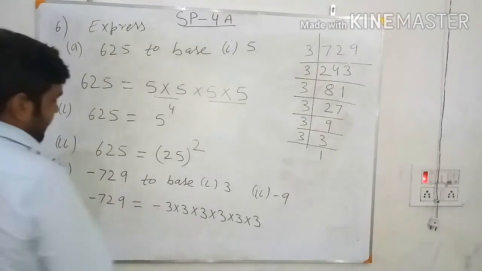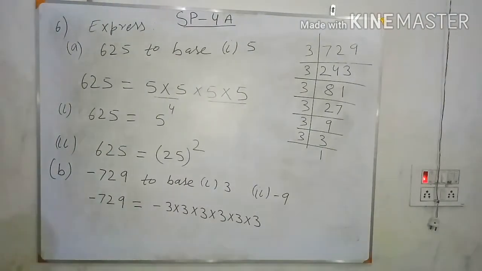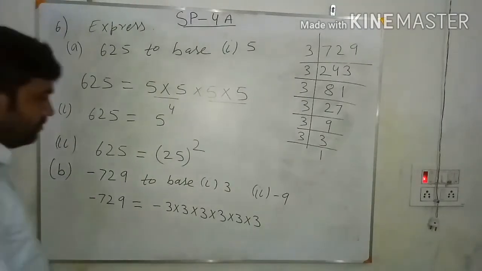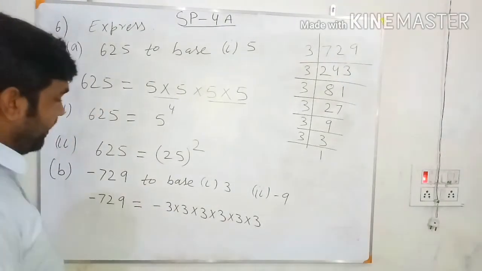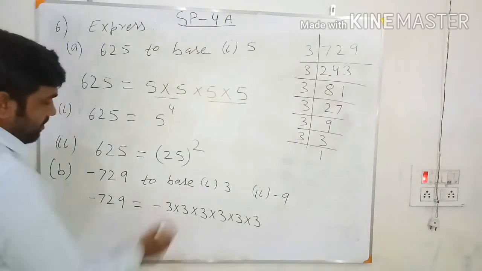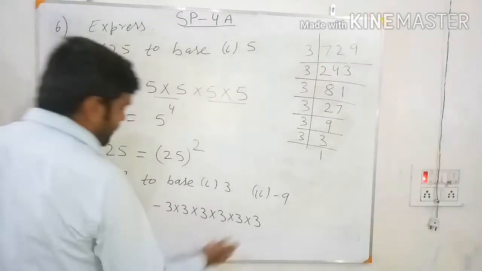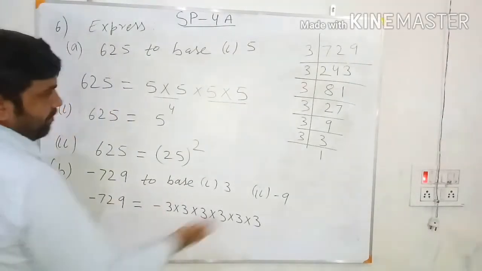So this minus I have taken here. In order to get the product negative, because here we have to find the product negative, this minus I can also write as minus 1. If you multiply any number by 1, you will get the same number. But if you multiply any number by minus 1, you will get the negative of that number. So here we can also write multiply minus 1.